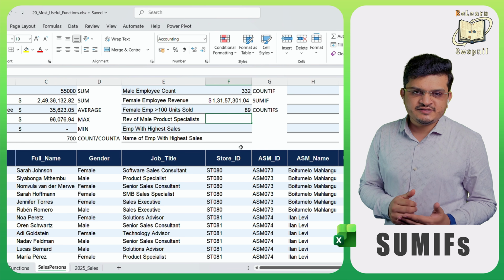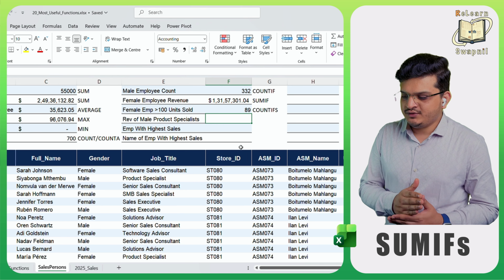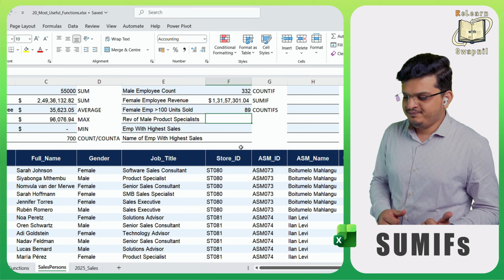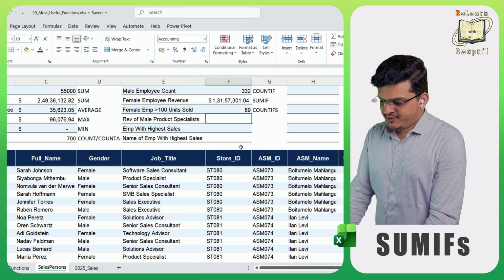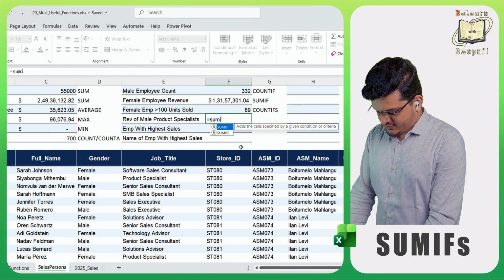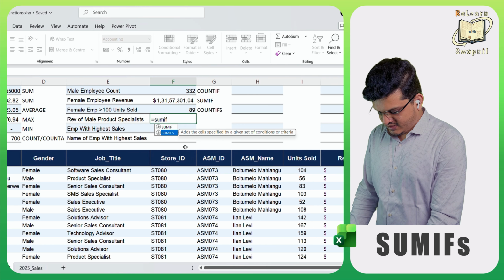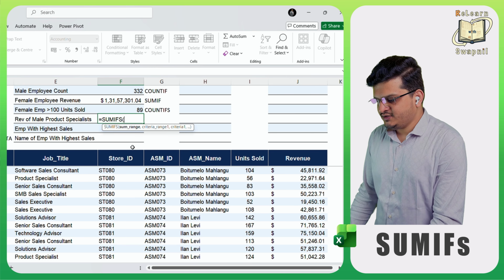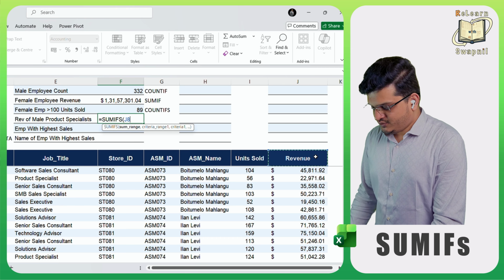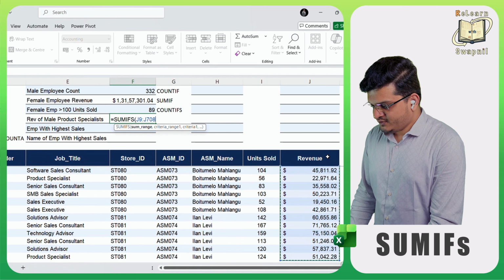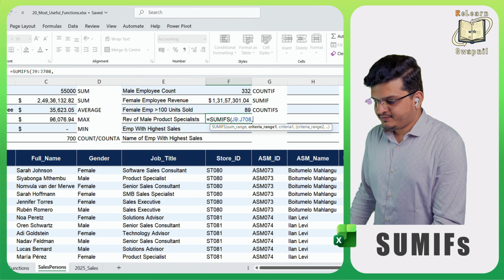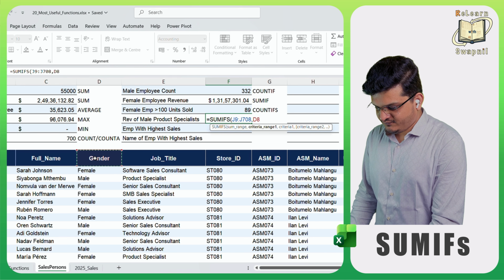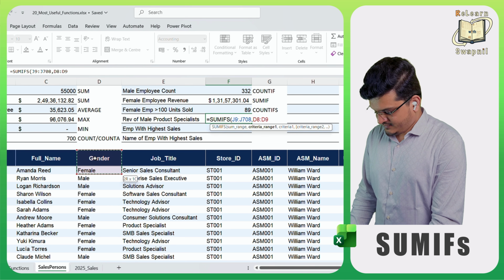Similarly, we can use the SUMIFS function for the next analysis. The next analysis is we need to get the sum of revenue for the males who are product specialists. So we'll be using SUMIFS for this analysis, as it has multiple criteria and then we need the summation for that. Firstly, we'll need to give the sum range, which is the revenue column. Then we need to give the first criteria. So criteria 1 would be the gender,